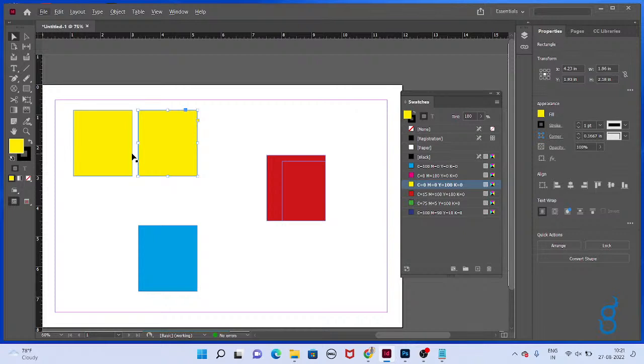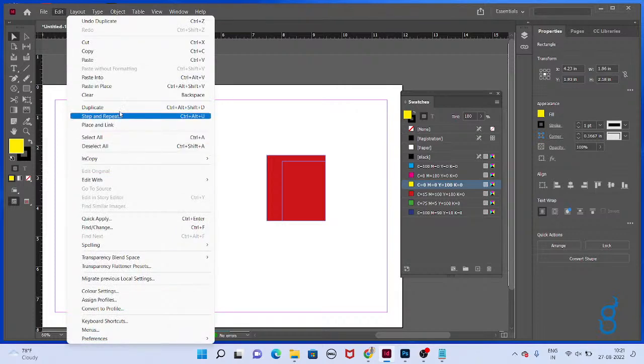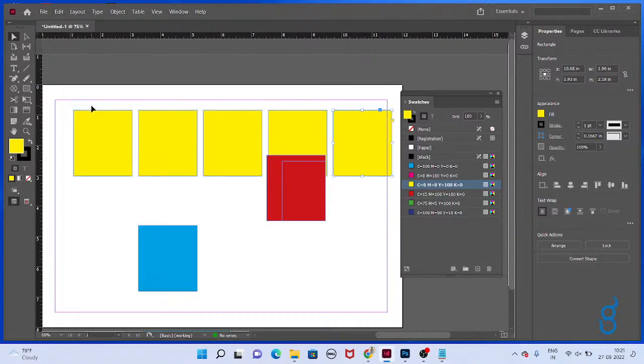Hold Shift. If you want the object to be straight with the duplicate, hold Shift plus Alt. Now take a duplicate, Edit and Duplicate, the same action is coming. Okay, then let's check it with Step and Repeat. Step and Repeat is also the same